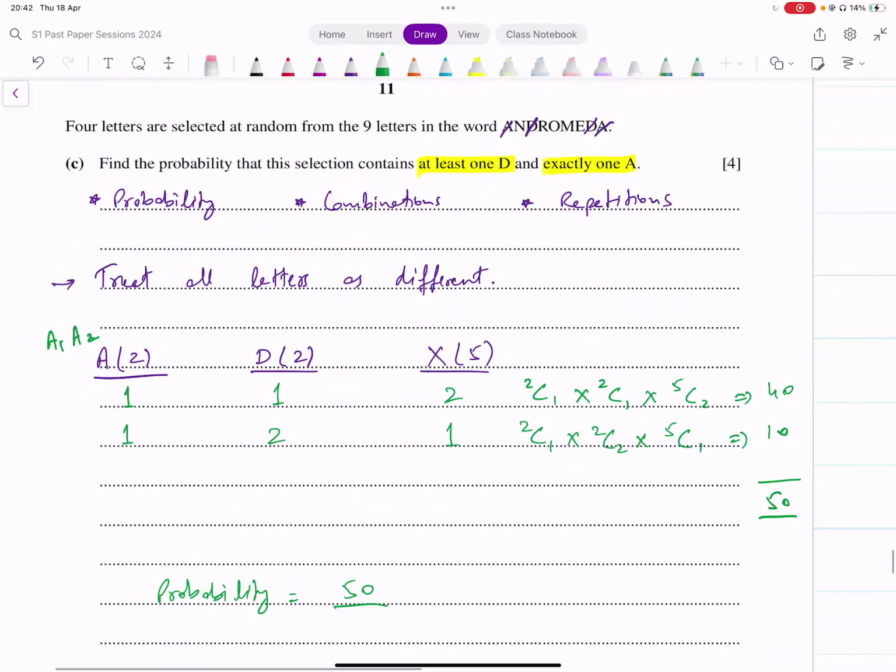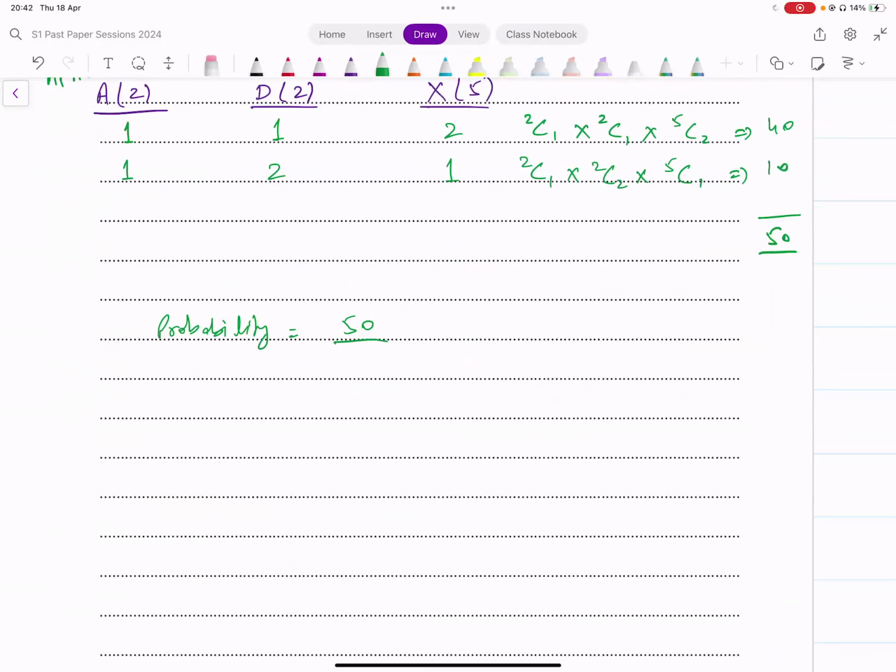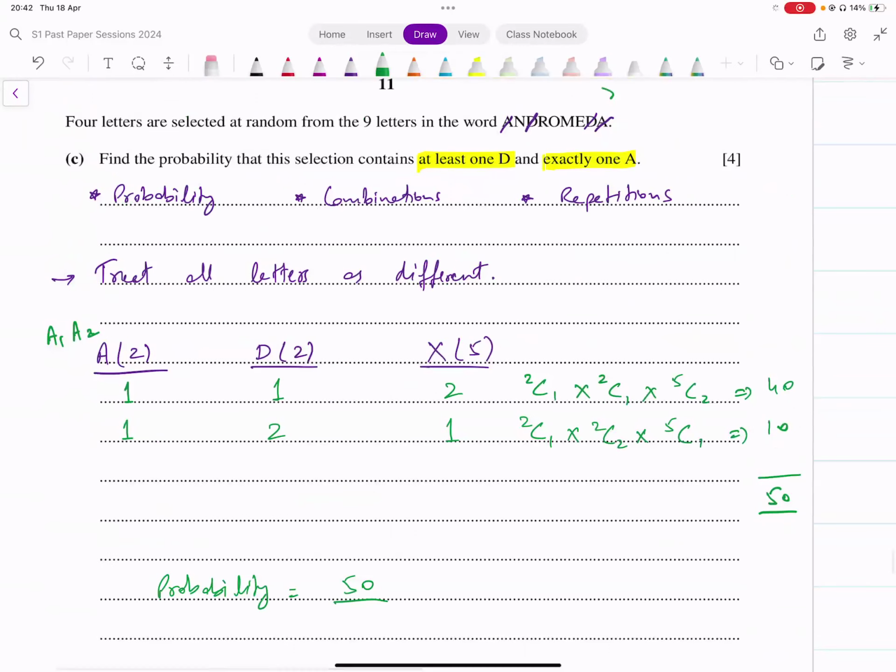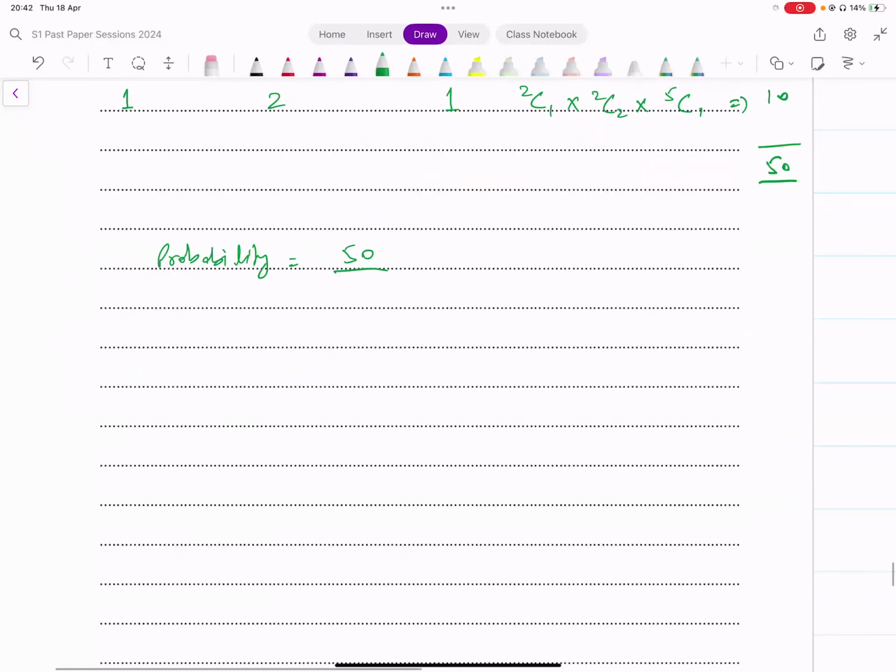What's the total number of possible outcomes without any condition? You have 9 letters. You have to select 4 out of them. That's 9C4. Again, we're treating all letters as different, so we can just do 9C4. Otherwise, if there's repetition, we can't use combination like that generally, right? But since we are treating all of them as different, the denominator is 9C4, and that's going to give you